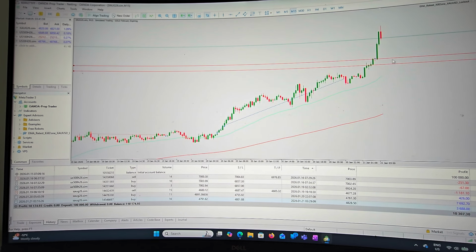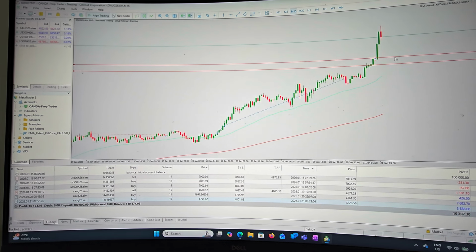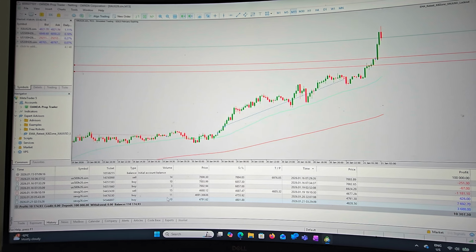That is 47.81, 47.91. So around there when I enter into the trade, and I have my stop loss at 48.01, and this is 48.80. Yep. So right about there was when I get into a trade with 10 lots,